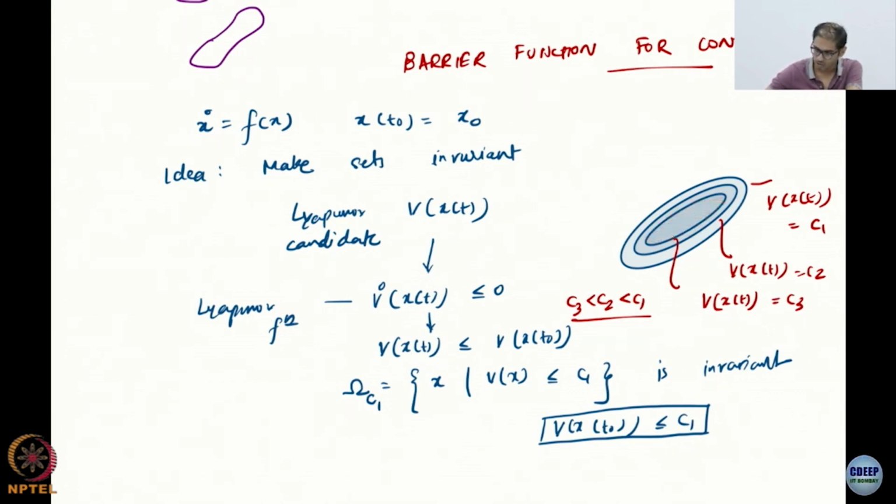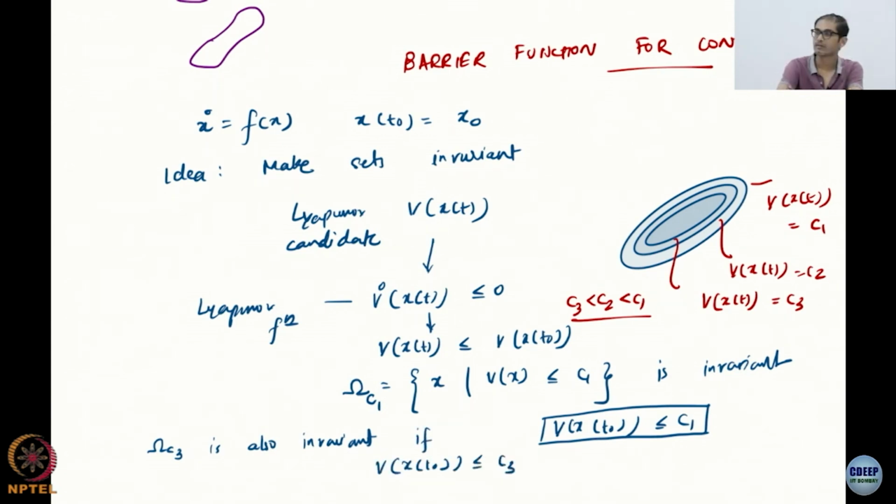In that case you can see that omega c3 is also invariant if V(x(t0)) is less than or equal to c3, correct. So suppose I started inside the smaller ellipse, then this becomes invariant,